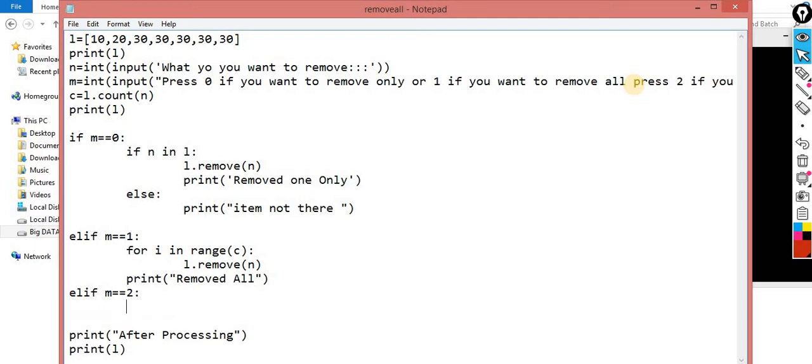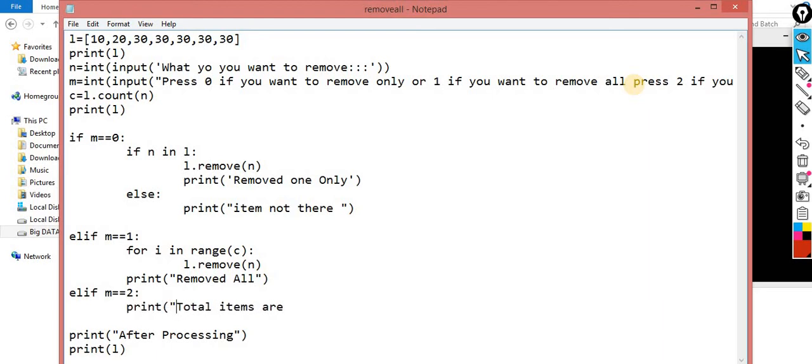So how item is equal to input of how many you want to. First, prior to this, just display to the user how many items in total are there. Total items are, and we know the count, we already counted the items.